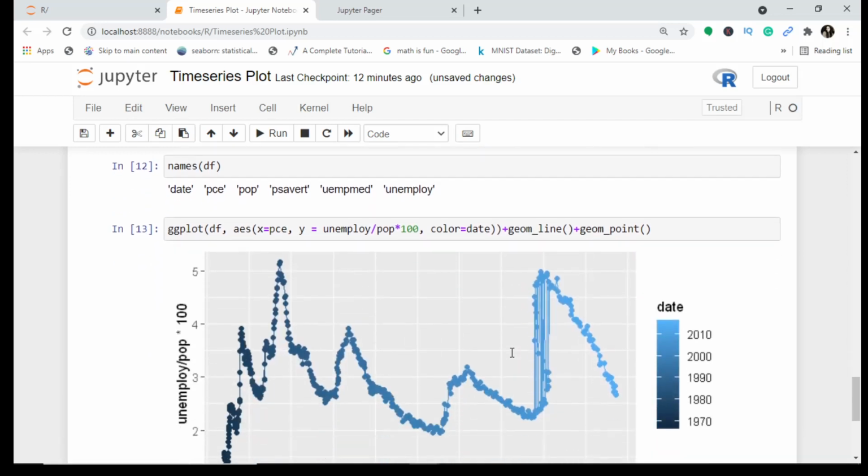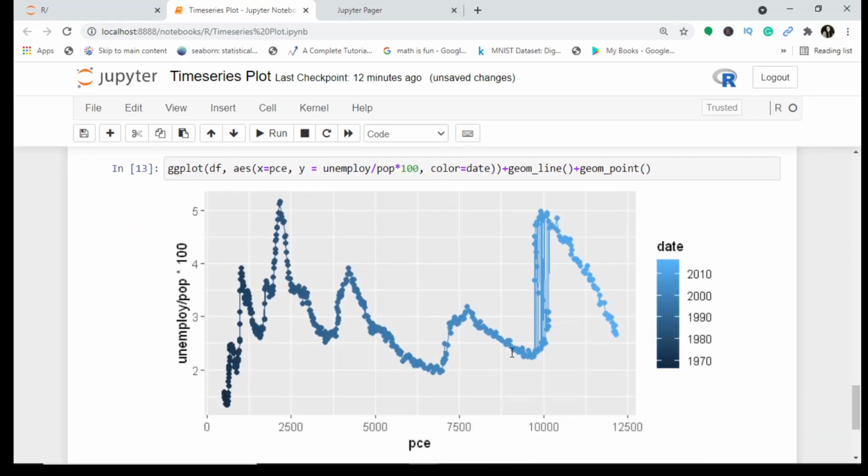This is something which I don't like actually, because this is not what I wanted. I actually wanted a different graph. So what I have to do here is change the x and y axis. I have to change the color to personal saving, personal consumption rate, and let me do a little manipulation here.